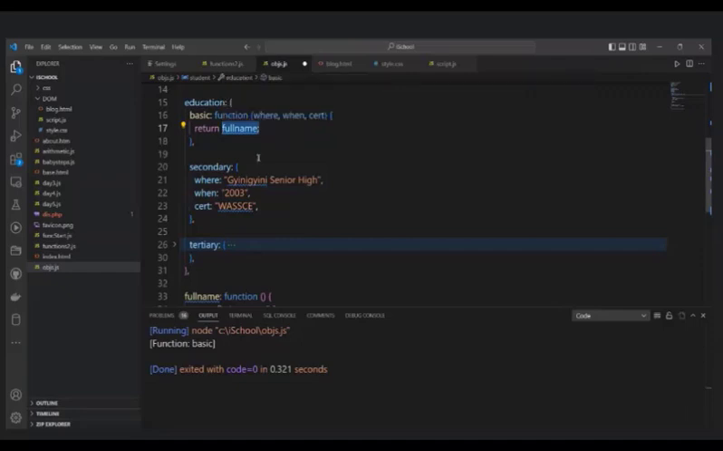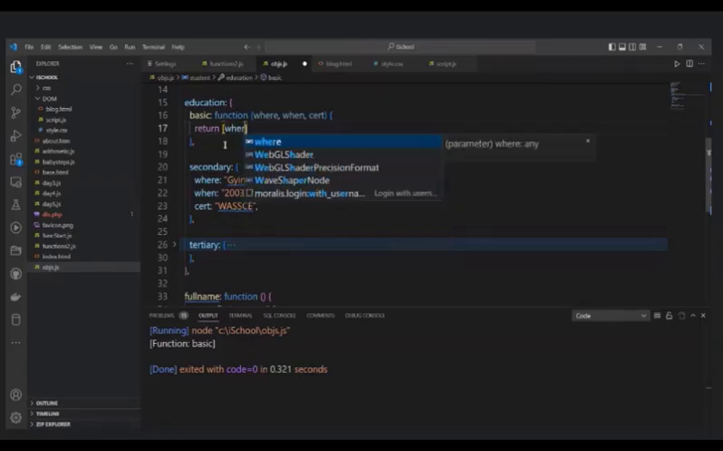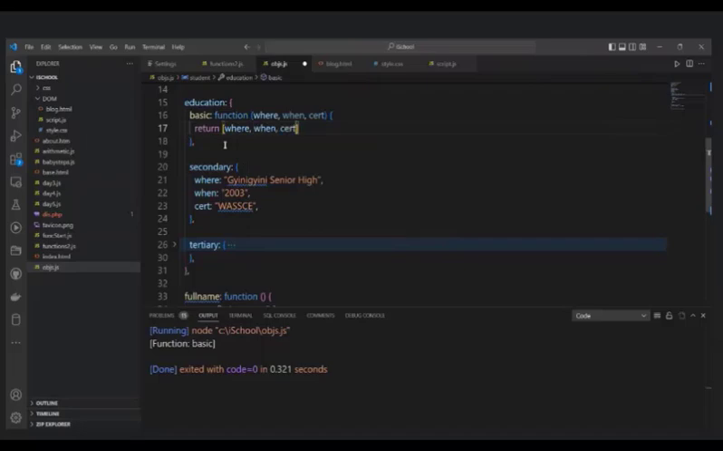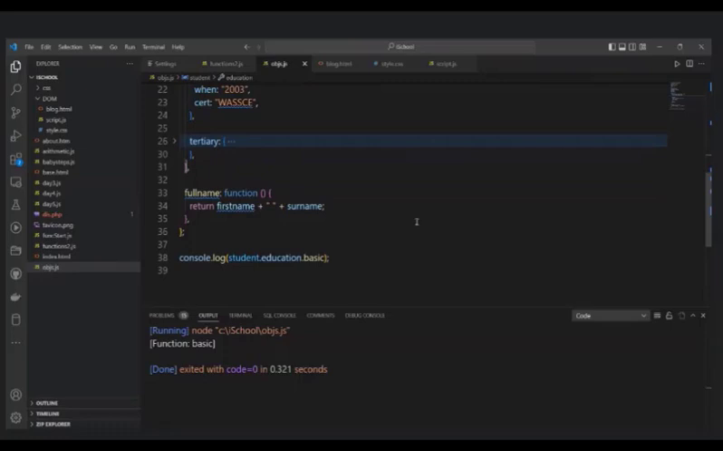The best way you can do it is by using an array, a list, to actually return them. We'll talk more about arrays and lists later on. But the best way you can do it is by using something like this, and then just say where, when, and set like this. So whenever you call basic function, the basic function like this,